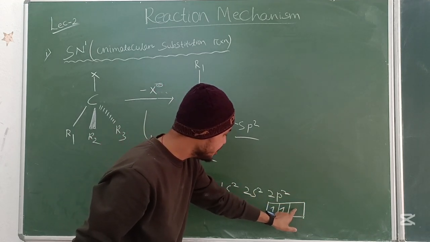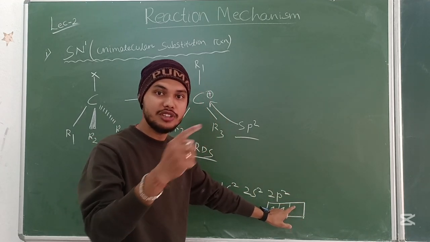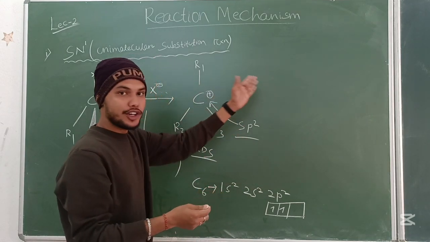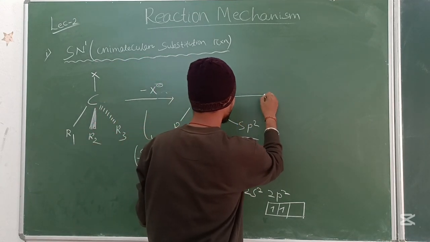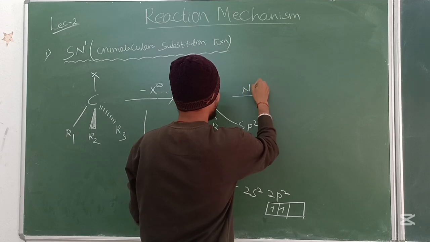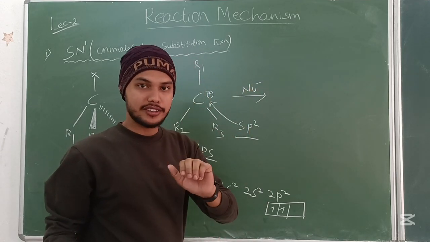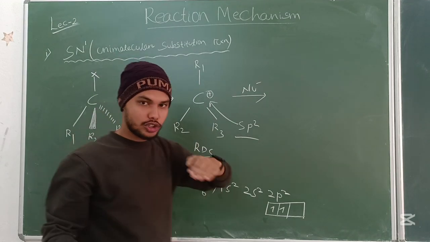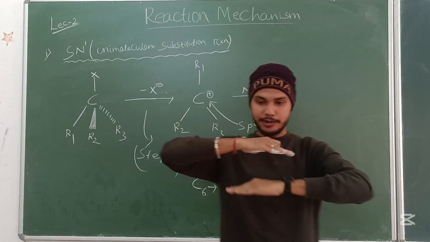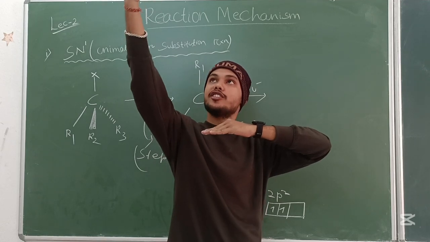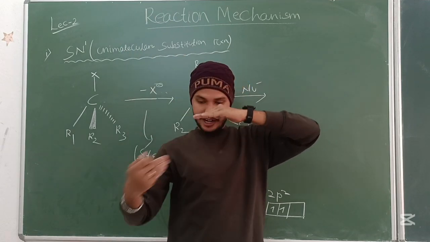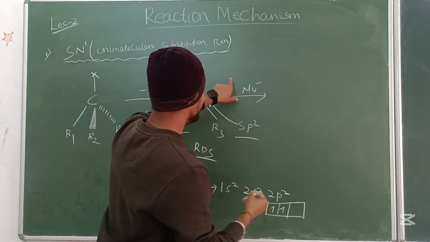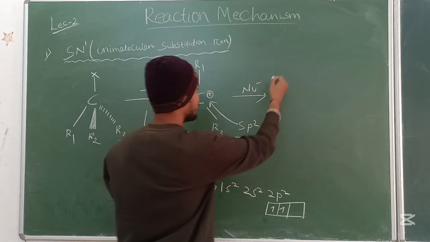So to this vacant p orbital, the upcoming nucleophile will attack. There are 2 chances: the nucleophile may attack from above or from below, because you know that an sp2 center is planar. Planar means this side, so there is a chance of attack from above and from below. So if the nucleophile comes from above,